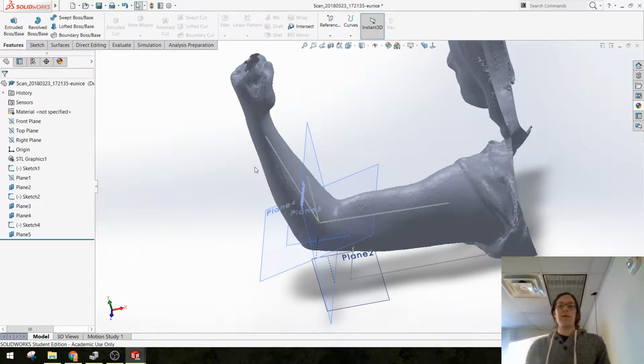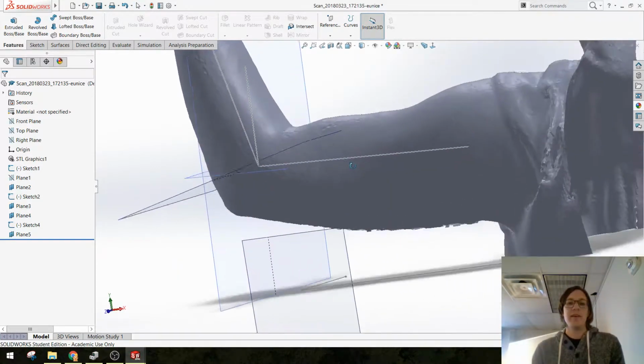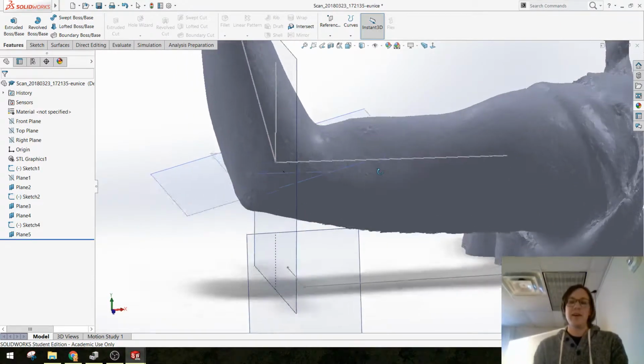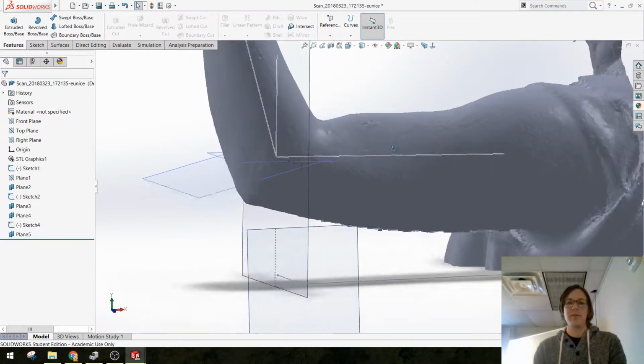Could you build things around this using 3D sketches and the planes you had to start with? Probably. Is this going to make it easier to move forward? Definitely. This is going to give me a much easier time placing sketches in areas that I think are going to be useful. Okay, so first things first, let's say I'm trying to do some sort of